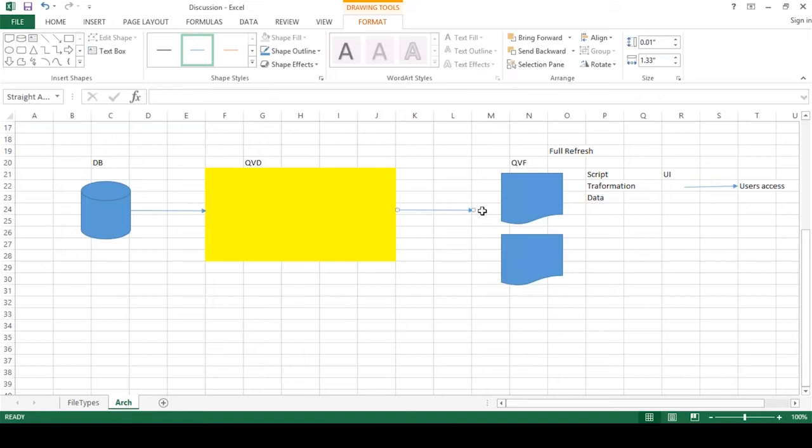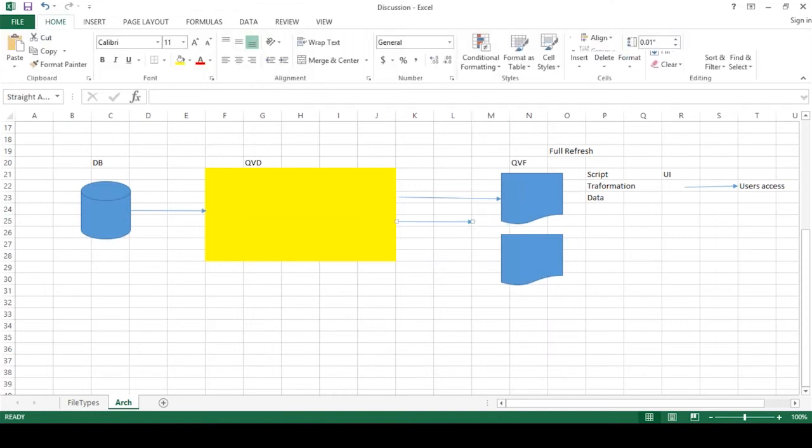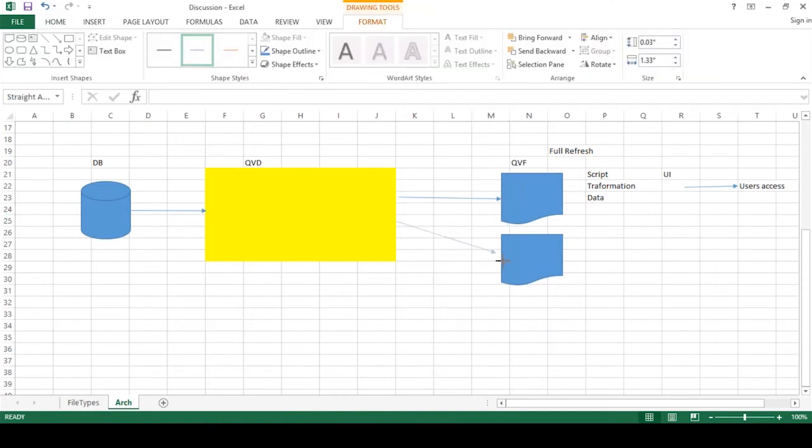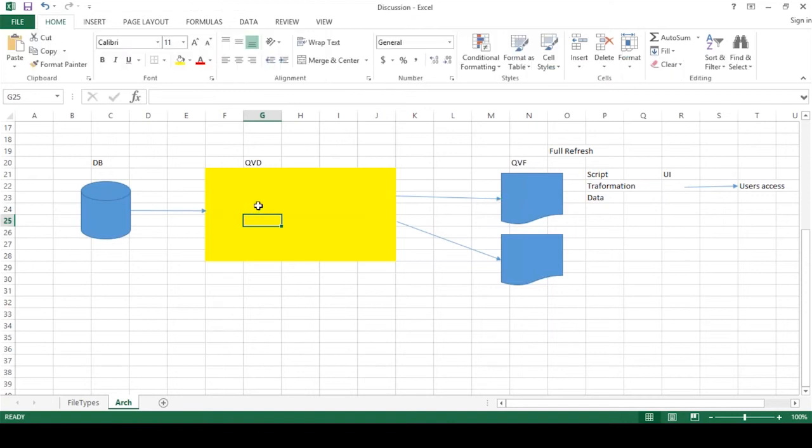Right, so this QEW can access it from here. Sorry, QEF can access it there. And this QEF can access from here. But from the DB, ultimately it is only one time that you're extracting the data. You're extracting one time, storing it to QEDs, and do it. So what are QEDs? Again, like I said, it's a flat file,